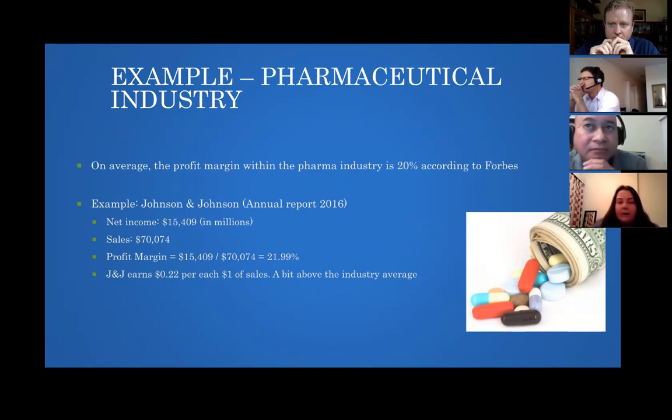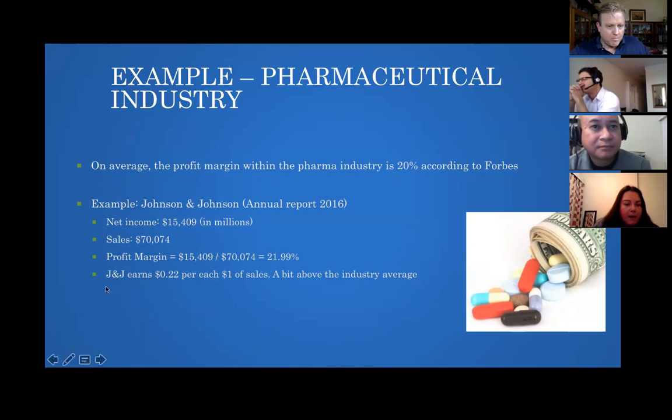For example, Sanofi is one of the companies that has less, and they have 11%. Why can that be? In the case of Sanofi, their sales are not that high, but also their expenses are quite high because they invest a lot in R&D and in creating the pharmaceuticals that they sell. If you go to the next slide,